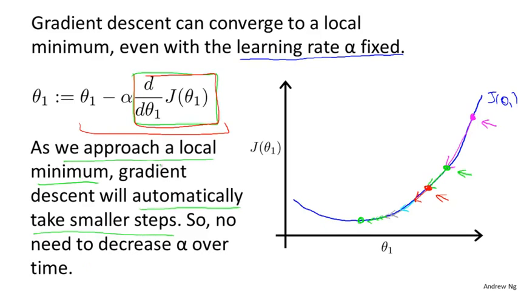And that's because as we approach the local minimum, by definition, the local minimum is when this derivative is equal to 0. So as we approach the local minimum, this derivative term will automatically get smaller, and so gradient descent will automatically take smaller steps. So this is what gradient descent looks like, and there's actually no need to decrease alpha